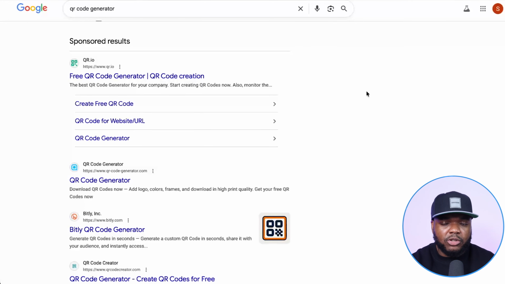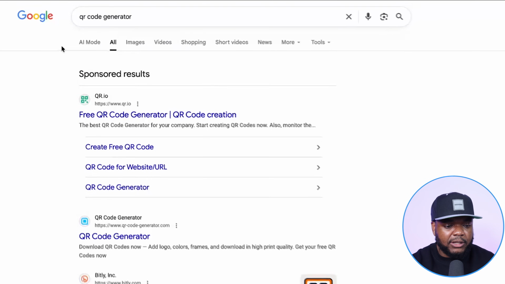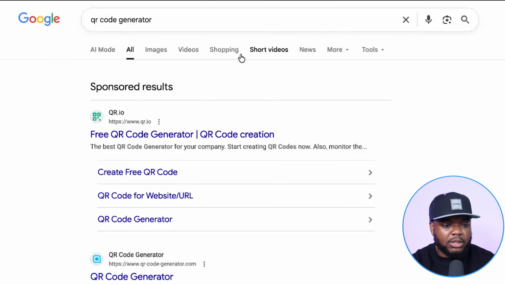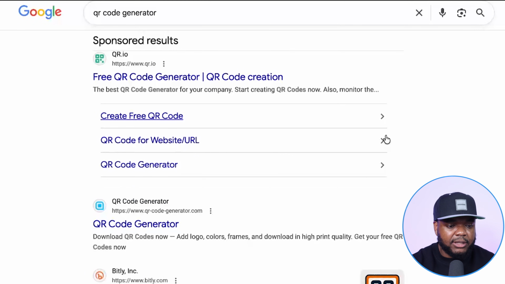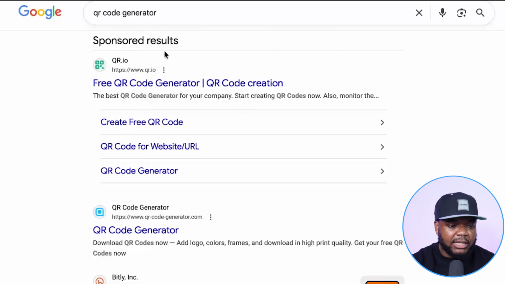Before, Google kind of overwhelmed the person that was searching with a bunch of ads, and it was obvious things were ads, so it kind of put the consumer off. However, now, as you can see, things look a little bit more clean. Someone searches for what they're searching for, and instantly they're going to be able to see this at the top of the search results,